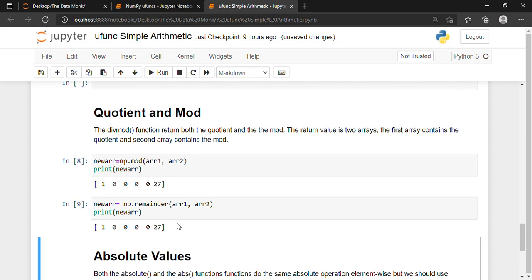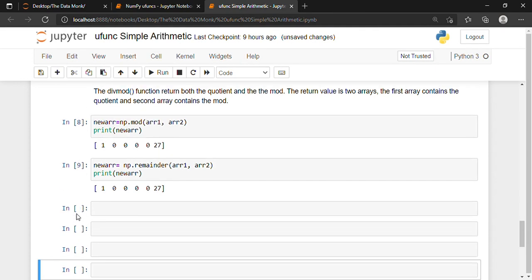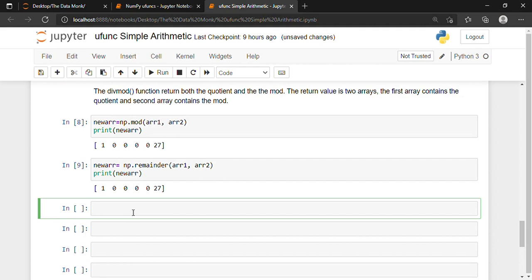If I want my program to return both the quotient and the remainder, then what we can do is, first let me add some cells over here.